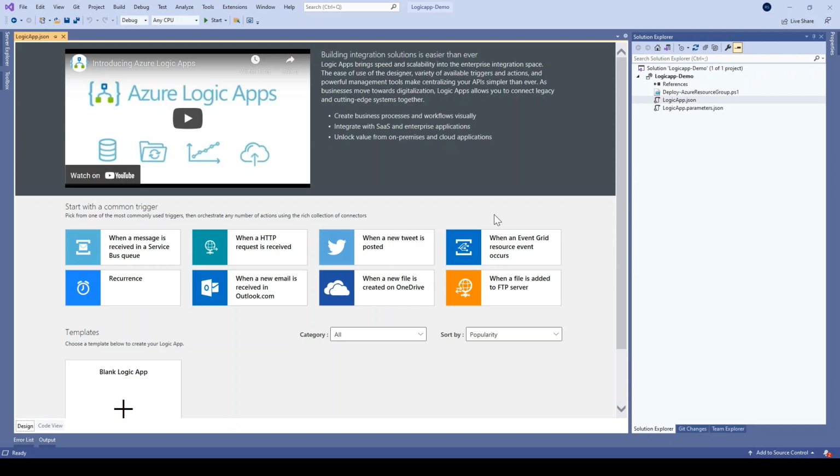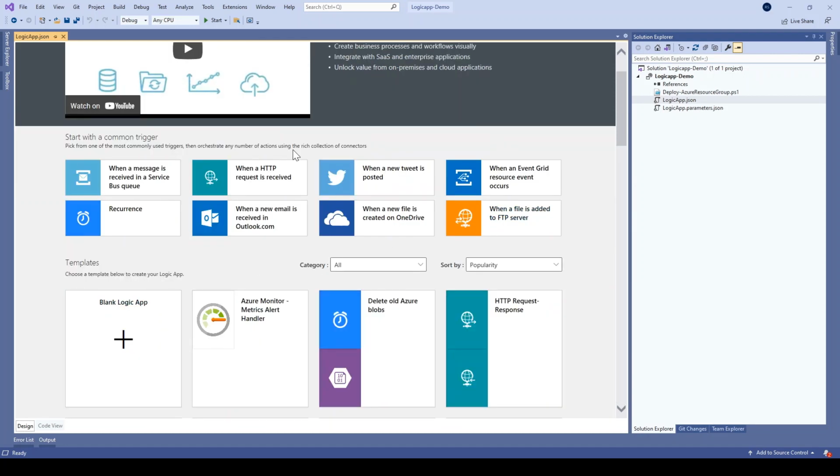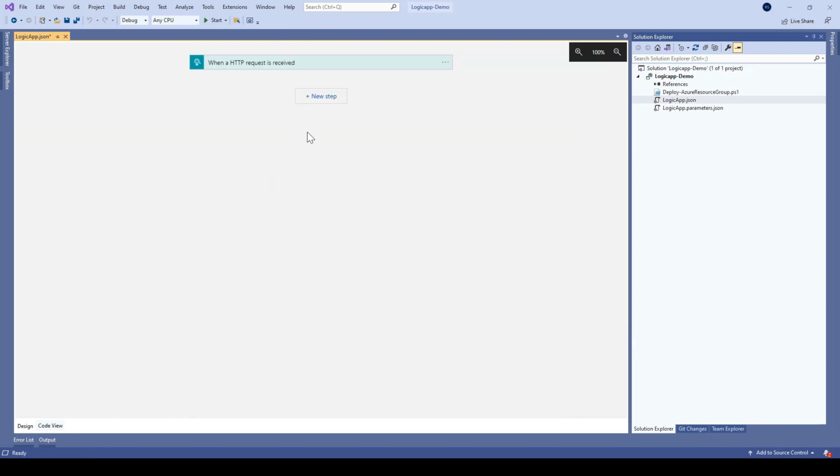Once you click OK, it will open this particular view where you need to click on the blank logic app, or you can select any of the triggers which you want. Since we know we are going to create an HTTP one, I'll go and select the HTTP request is received, and here again we have to create the steps which we have done in the Azure portal.